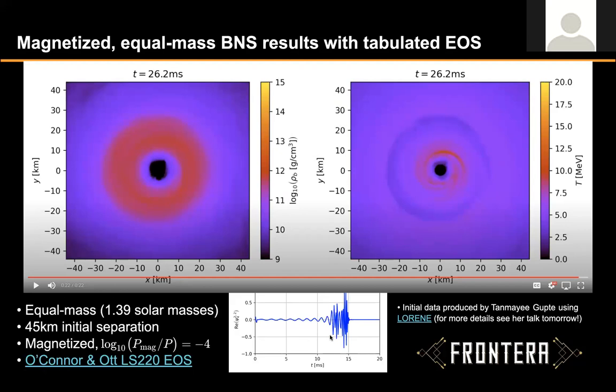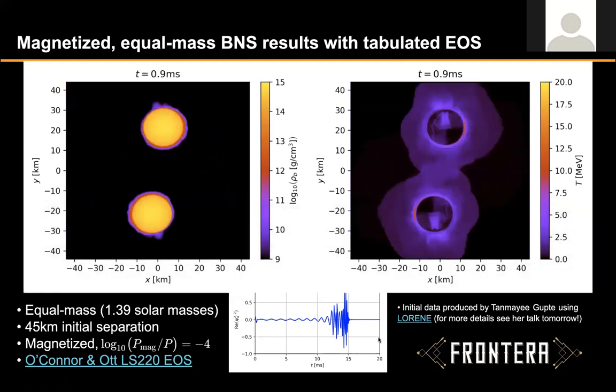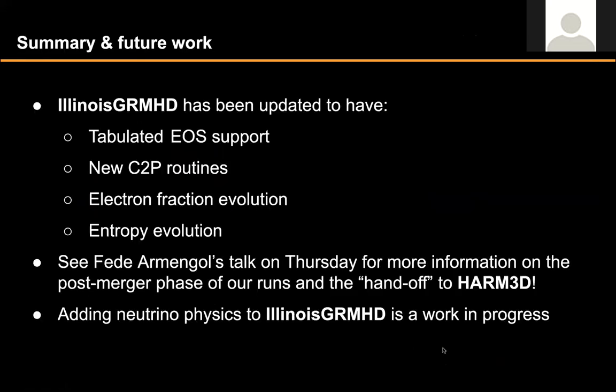And over here in the bottom panel, I also showed the dominant mode of the gravitational wave signal extracted at a radius of about 440 kilometers. And we can see that it looks pretty clean. There's no sign of any issues in the run. Okay, so to summarize,